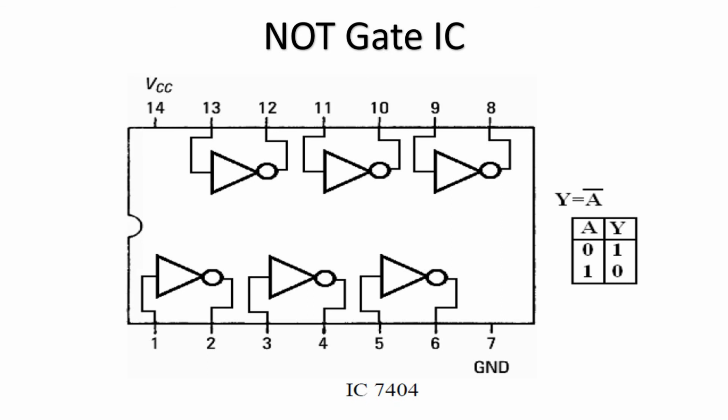So by knowing all these 7 gates, 7 ICs corresponding to the logic gates, we can use these ICs in circuit construction. By giving supply to the 14th pin and ground at the 7th pin, the remaining pins as per the pin configuration, we can use these ICs in the circuit construction and we can verify the functionality of that particular circuit.